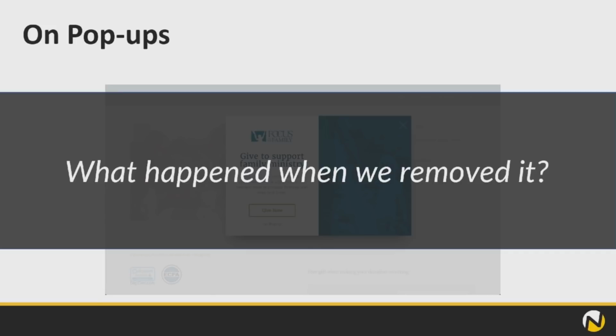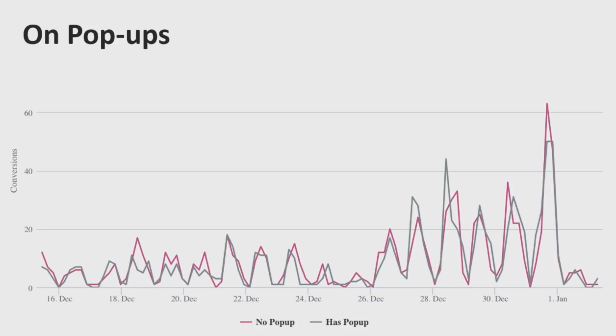What we did was we removed it, okay, and we did a little test, right? And this is a pop-up that sent people to the donation page. Check it out. Red is no, blue is yes, okay? Red's doing good, doing good, doing good, doing good, but look what happens after Christmas. Blue,